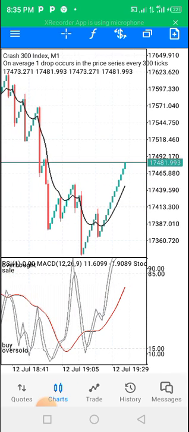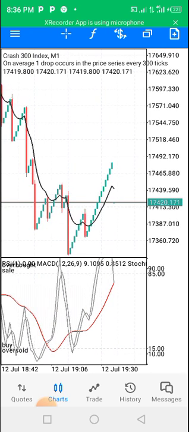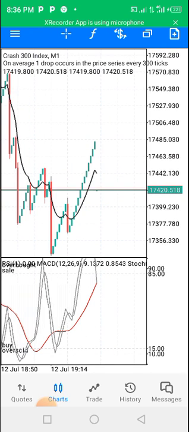As you can see, guys, the 10th candle is just forming, and after that you close the market. So that is how you scalp Crash, guys, and you make money for yourself. So thank you guys for watching the video,